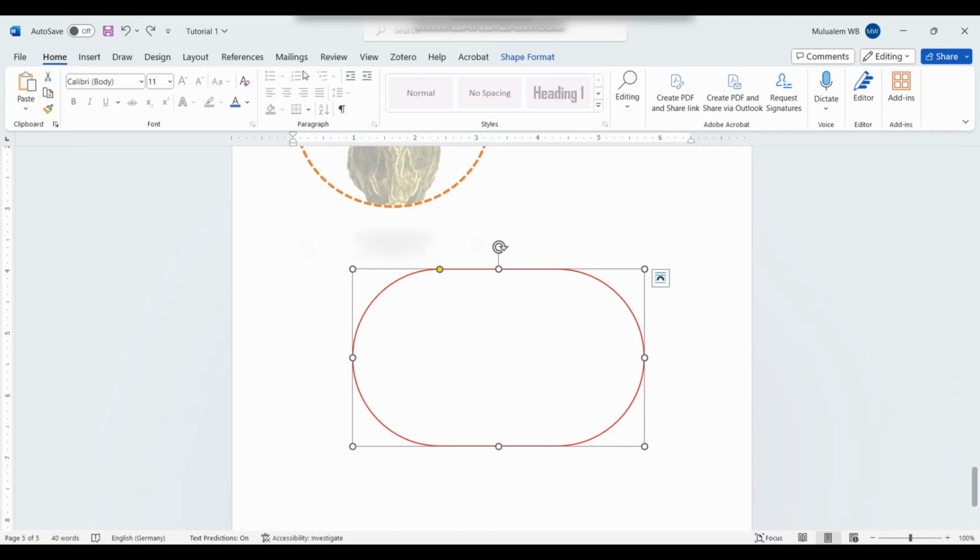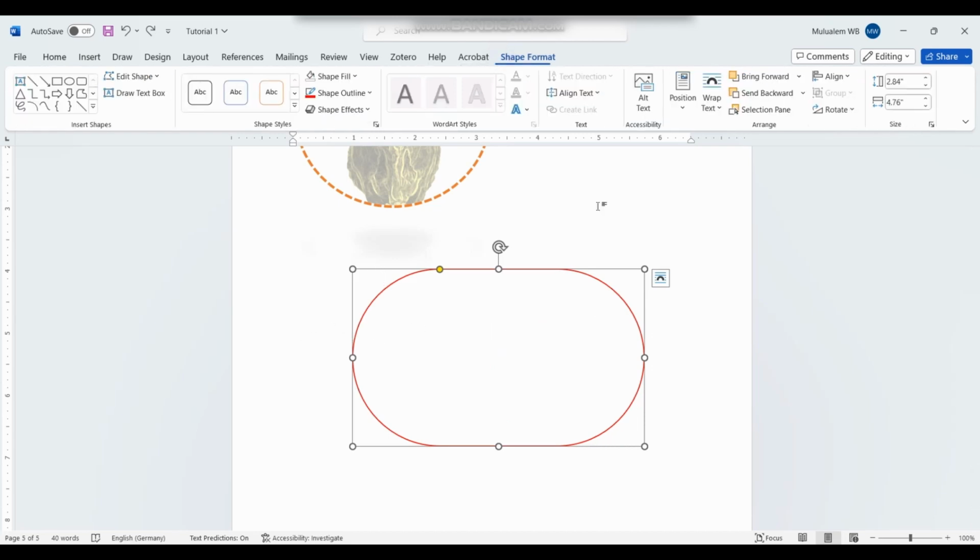The other thing we can do on the shape format is make the border. We can change the colors, or change the line to a broken line, hidden line or something. The other thing we can do is click on the image, then edit shape. On the edit shape, we can change the edit points. Using these edit points, now when I click on them, we have